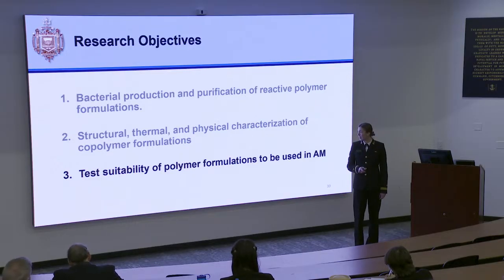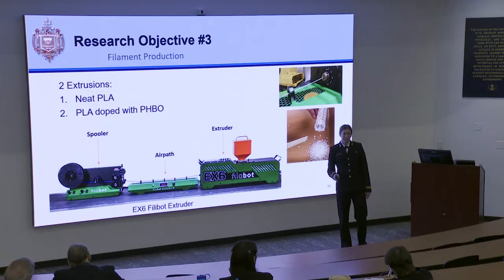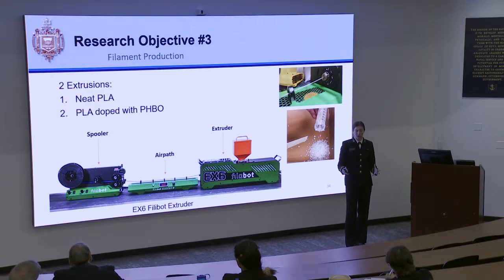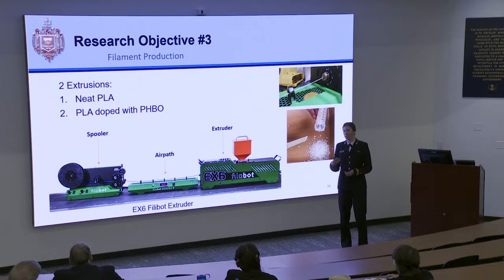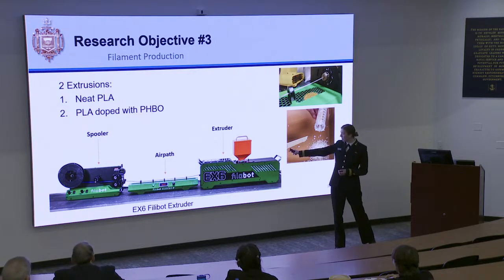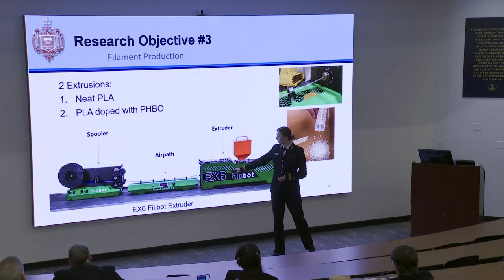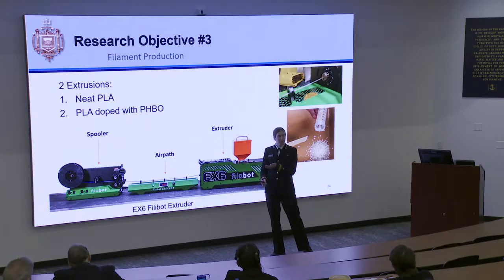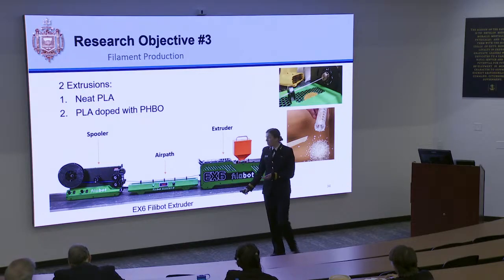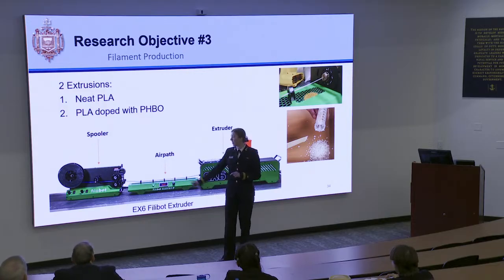My last objective is to test the ability of the polymer to be used as a material in 3D printing. What this looks like is first creating the filament using an extruder. We did this process 2 times, first to learn how the method works with commercial PLA. So we took the pellets, we added them to the hopper, they go down, funnel into the chamber, then exit out of this nozzle, in which they flow over this air path, which forces convection onto the filament to cool it, before it enters through these 2 wheels to gauge the diameter of the filament, and then is wound around this spool.